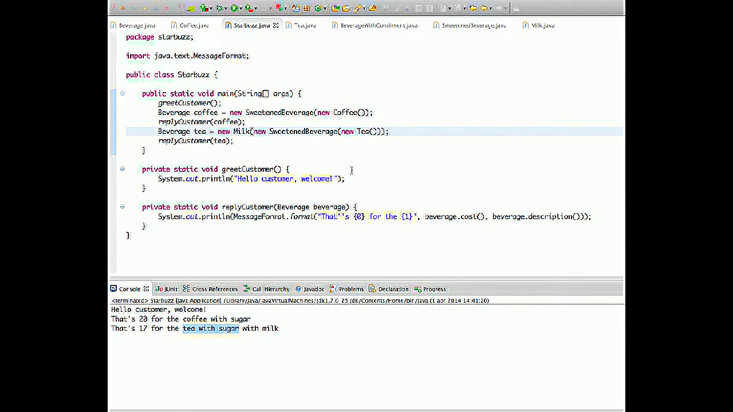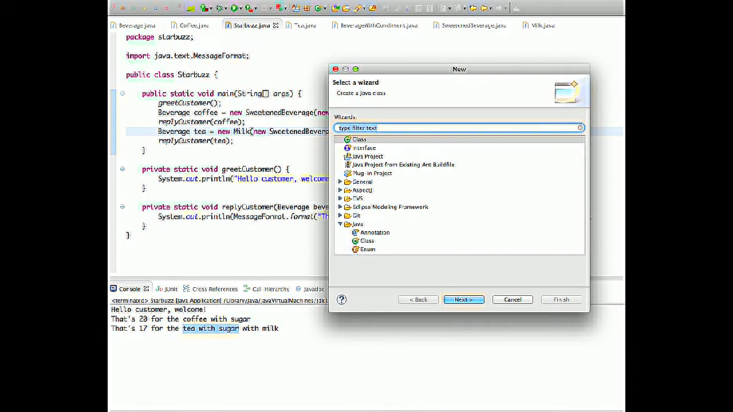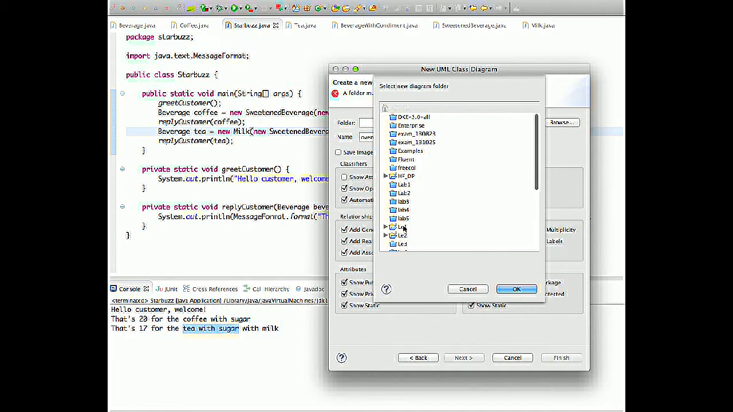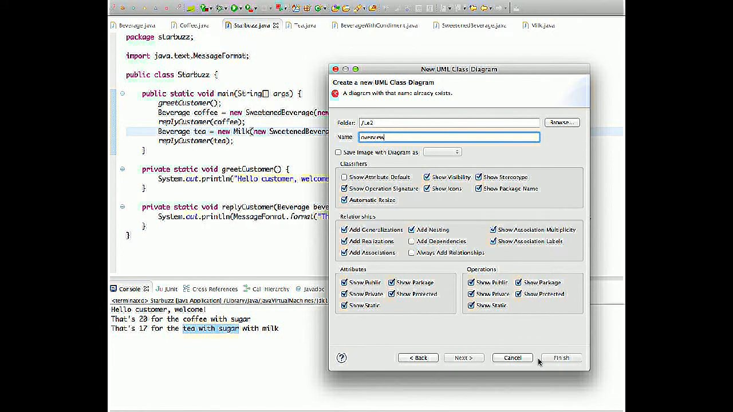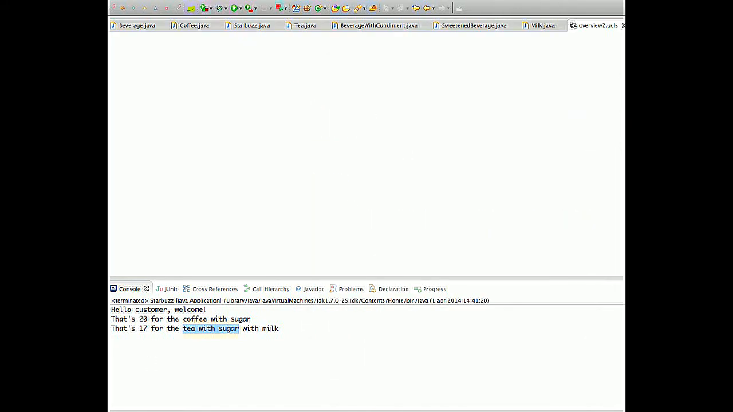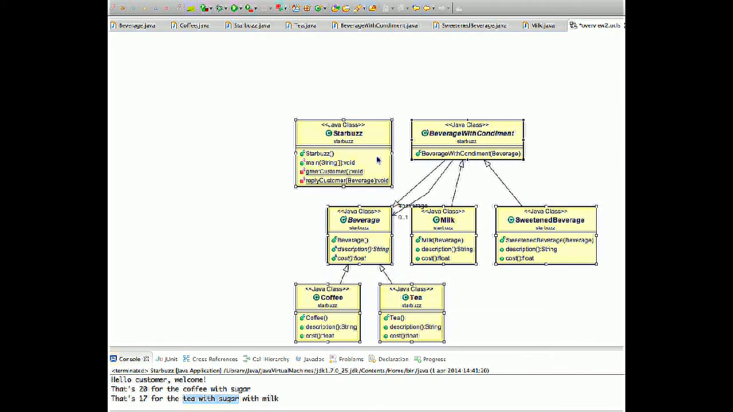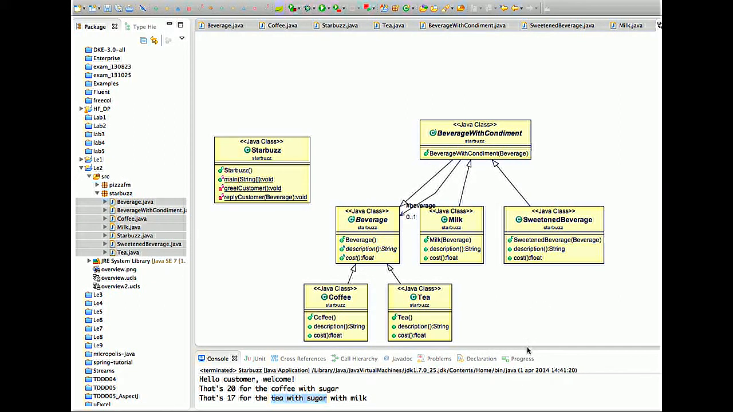We can draw this diagram so we'll get an overview of what this looks like. We'll call it overview. And let's get this folder. Let's see what this looks like graphically. Our classes, now they fit together. So